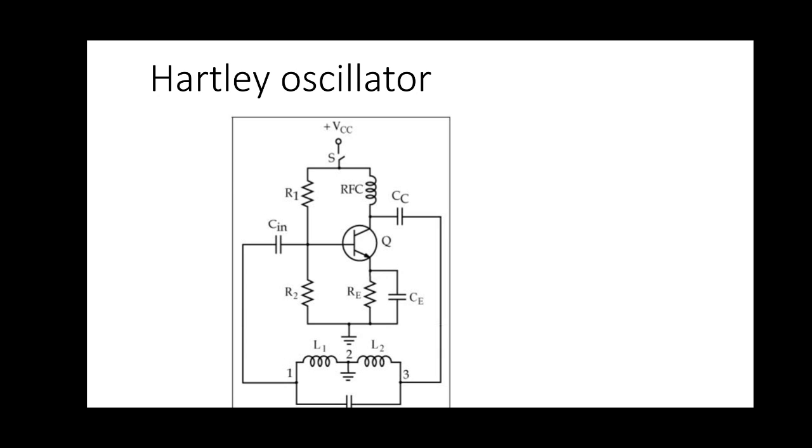Generally an oscillator works on positive feedback. In an oscillator we are giving positive feedback. Different types of oscillator are sinusoidal and non-sinusoidal, which we already discussed. Non-sinusoidal oscillators generate square wave, triangular wave and sawtooth wave, and are called relaxation oscillators. Sinusoidal oscillators are RC tuned feedback or LC tuned feedback.